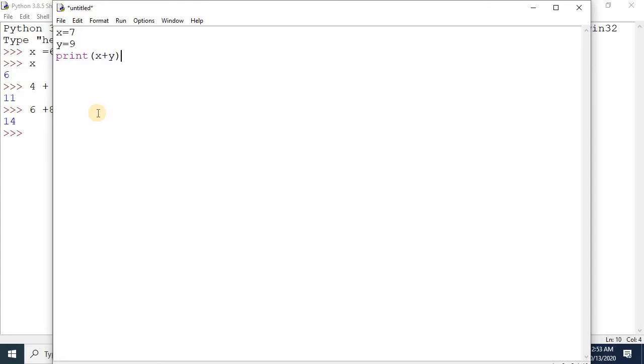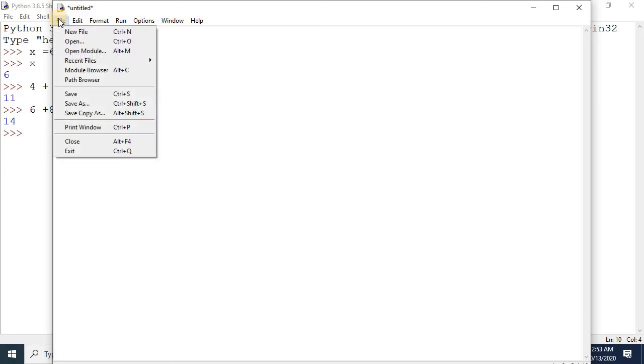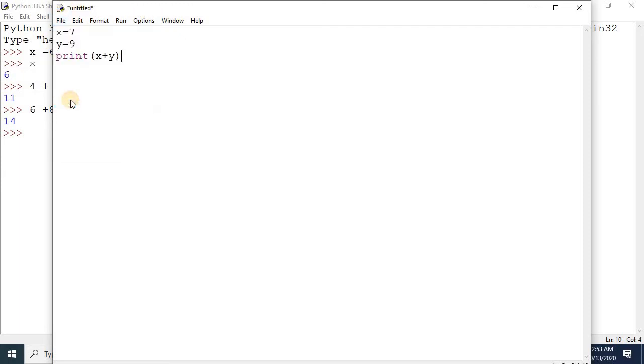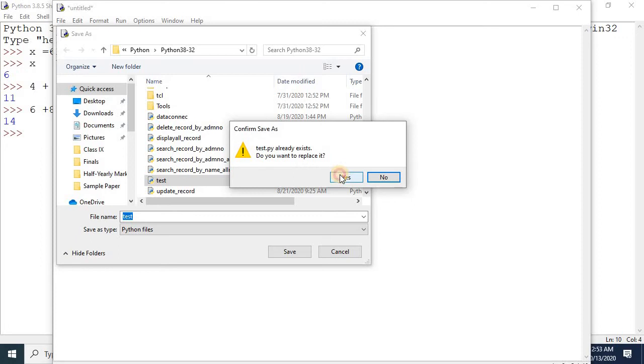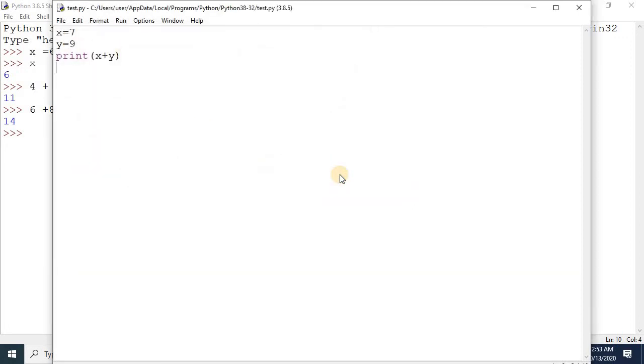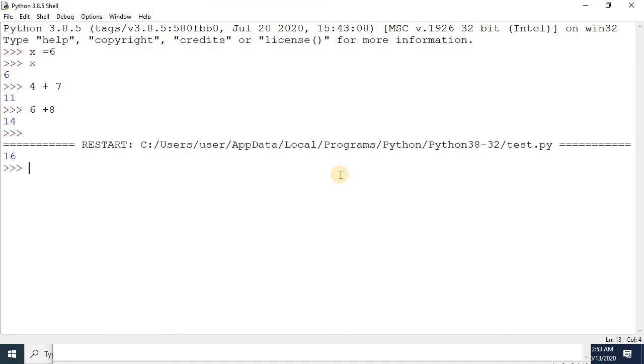Here you are not getting the result immediately. You have written 3 commands, and then you can save this. Let me save this by the name, say, test, and you can execute it by pressing F5 on the keyboard. As you press F5, you will get the result 16.